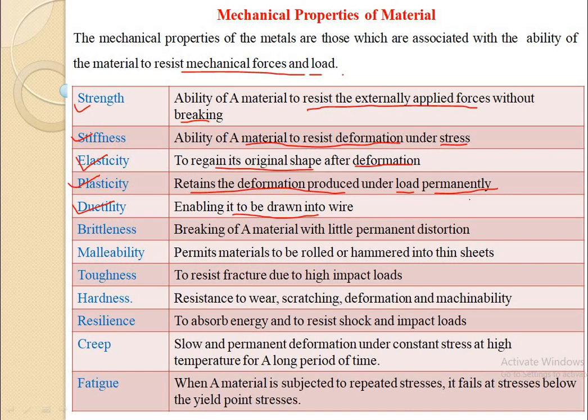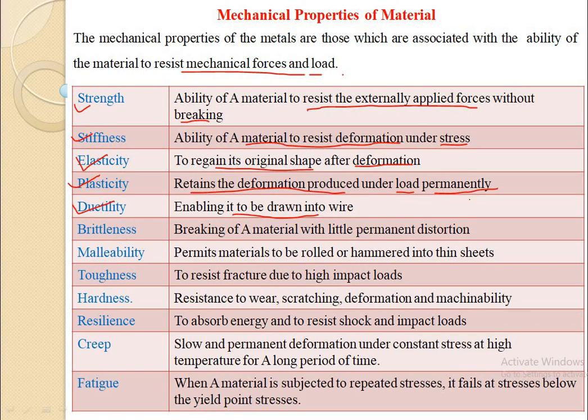Simple common sense. We have seen what is meant by tensile load or tensile force. When we apply a tensile force on a ductile material, and if due to it that material is able to be drawn into wires, then we can say that it is a ductile material and it possesses the property of ductility. A ductile material must be strong and it should possess plasticity, meaning it should have good strength as well as some plasticity.